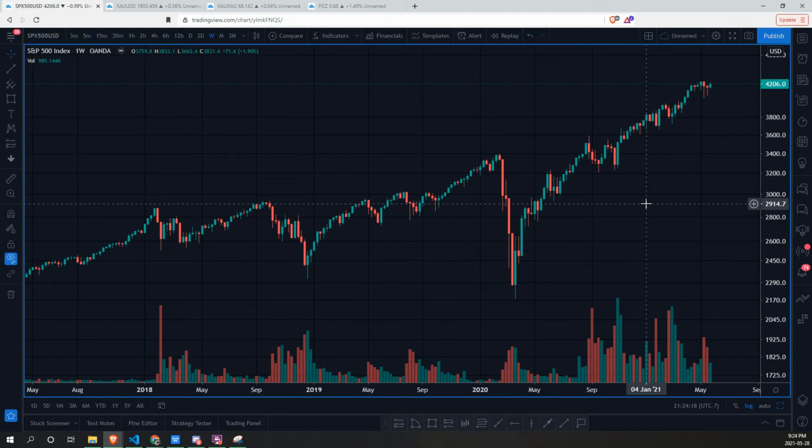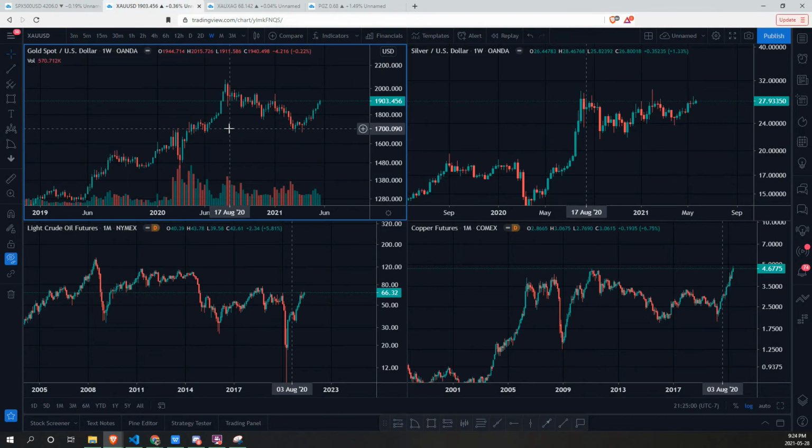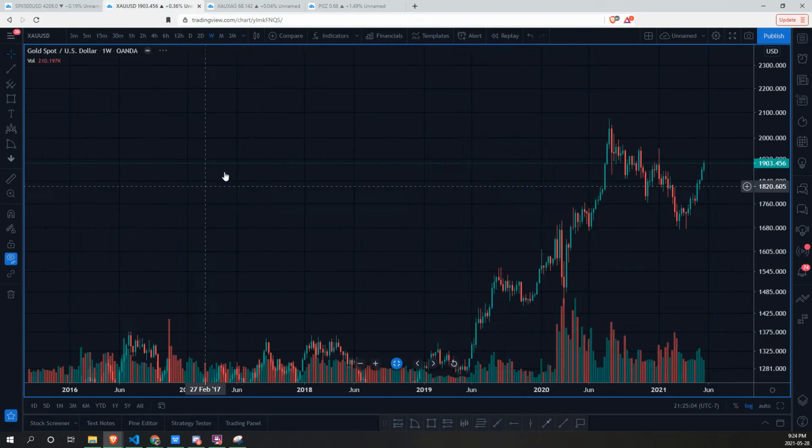And in my opinion, they are correlated because, with the retail trader being able to utilize any platform to buy S&P, even by fractional shares, I think there's a lot more correlation than what many people think, or even what the numbers think, in terms of the S&P and the cryptocurrency market. So now we're going to jump into gold and silver really quickly, and then jump into the cryptocurrency market like we have been talking about.